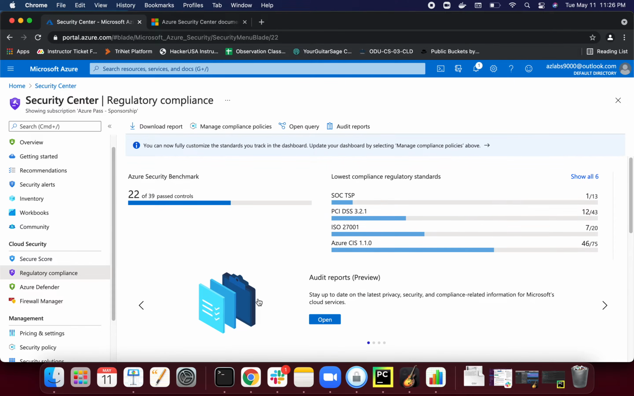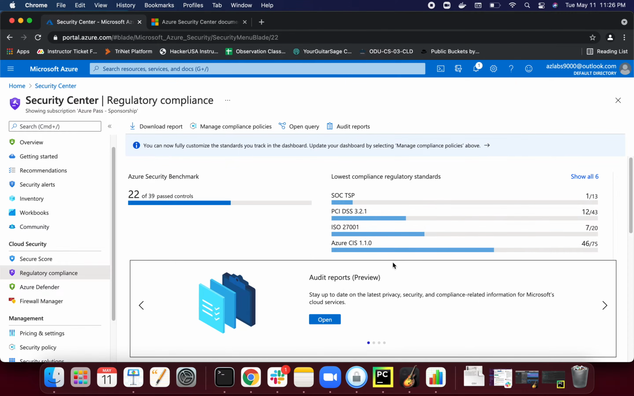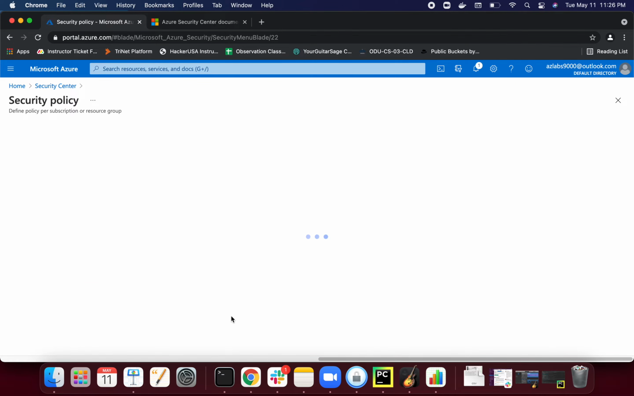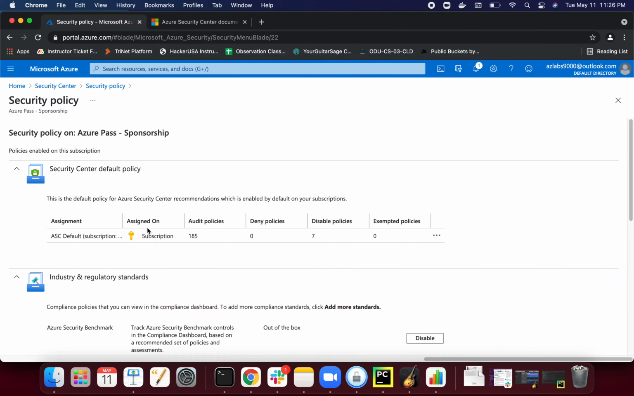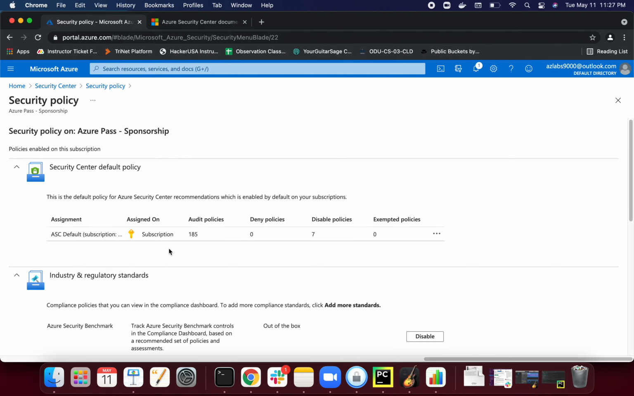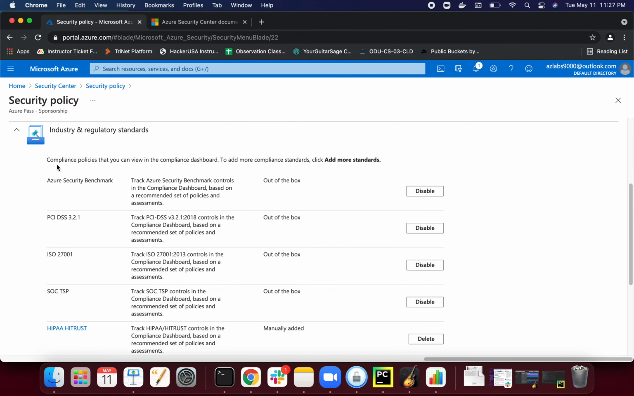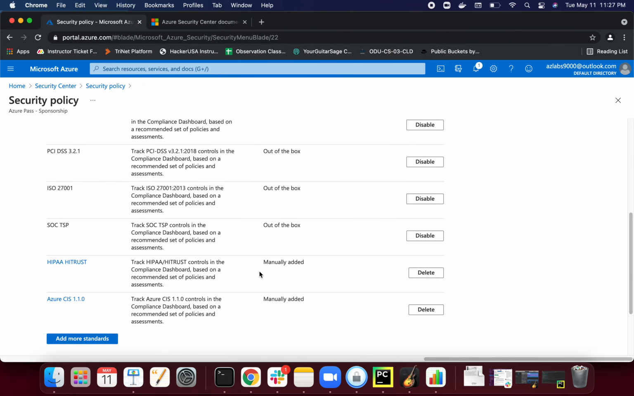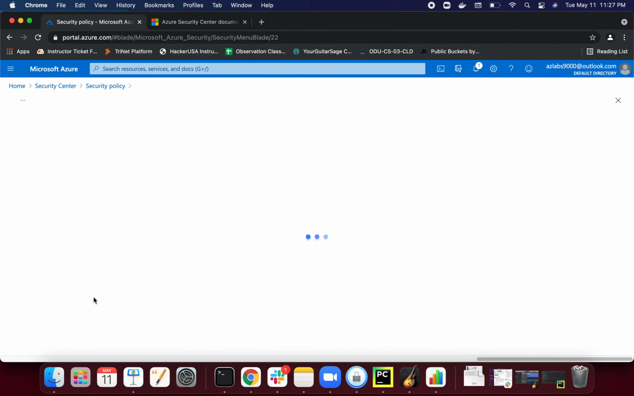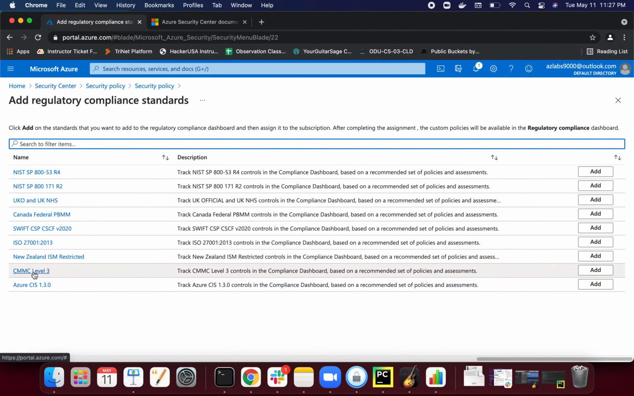For example, if I want to add more policies, we can do manage compliance policies most likely. So go to the subscription where I want, and you see the ASC default, the Security Center default policy, and then what you want to do is the industry and regulatory compliance. So I have enabled a whole bunch. If I want to add even more, I just have to click on add more standards. Say I want maybe